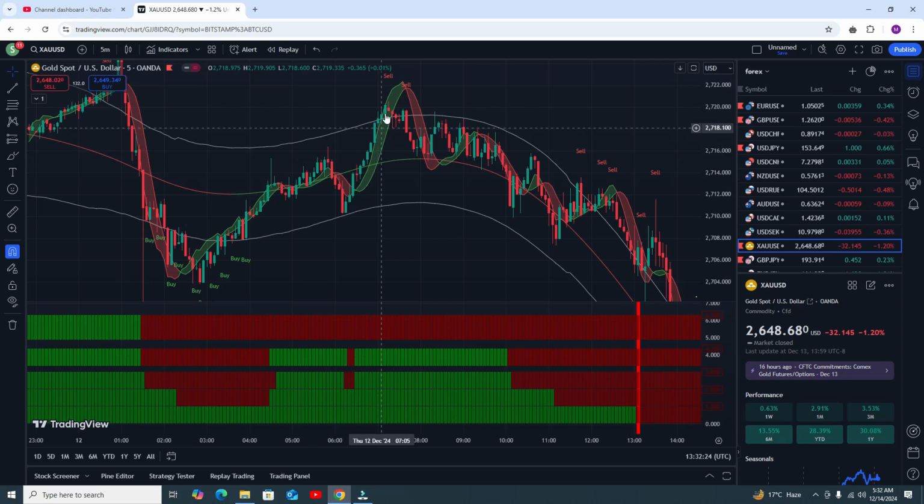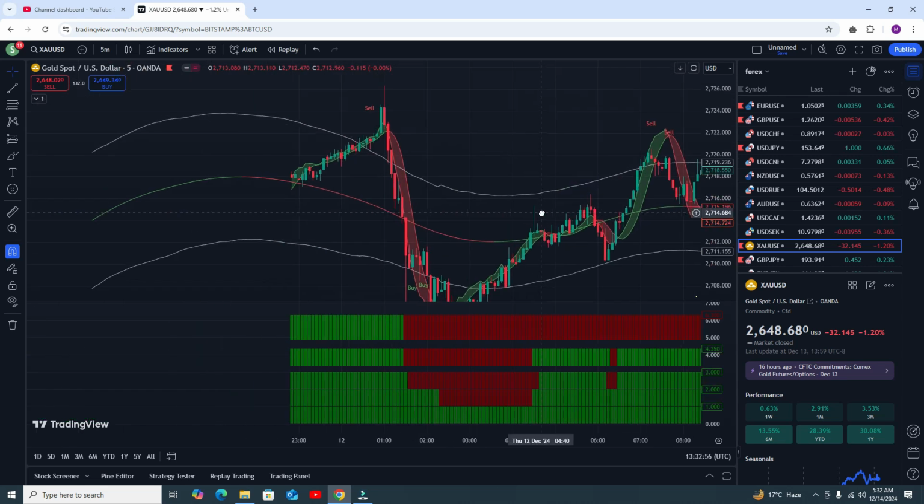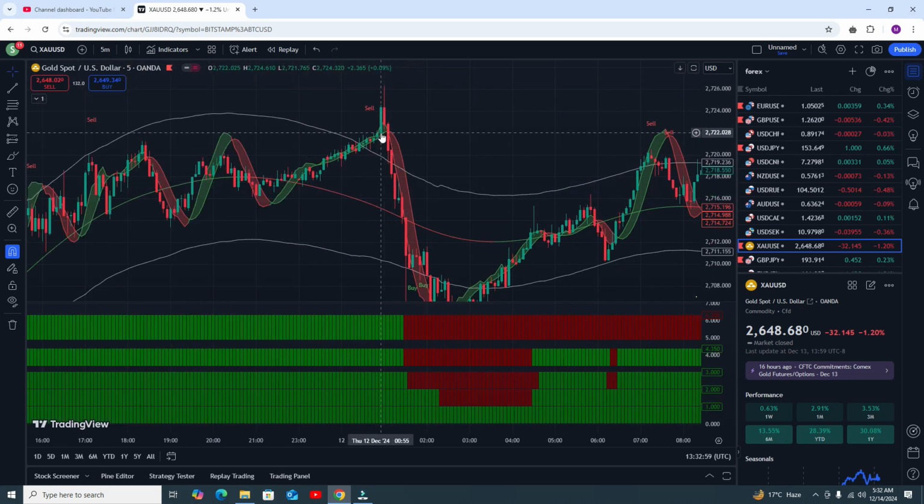This is the RSI ribbon. This indicator will give you the buy and sell signal. Here you can see when the RSI ribbon is crossing the upper and lower band line, whenever the RSI goes downside from the lower band line, you will see the market will go upside. And when the RSI goes upside from the upper band line, you will see the market will go downside. Like here you can see RSI goes upside.